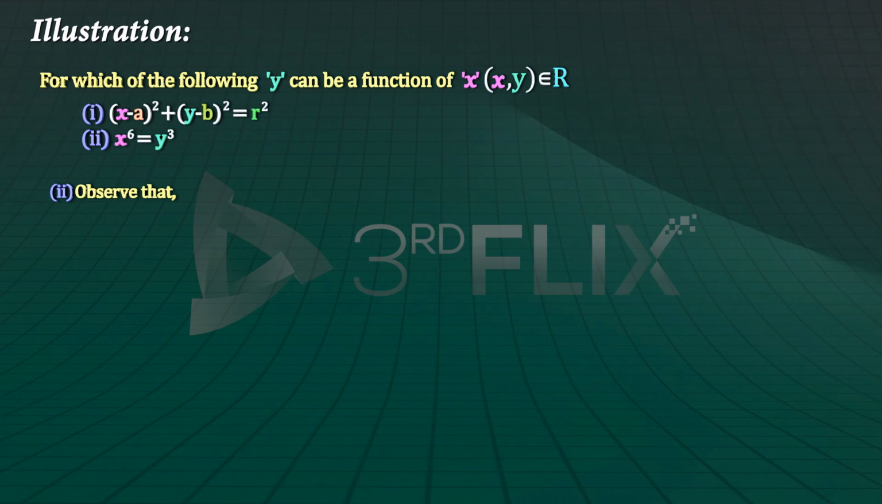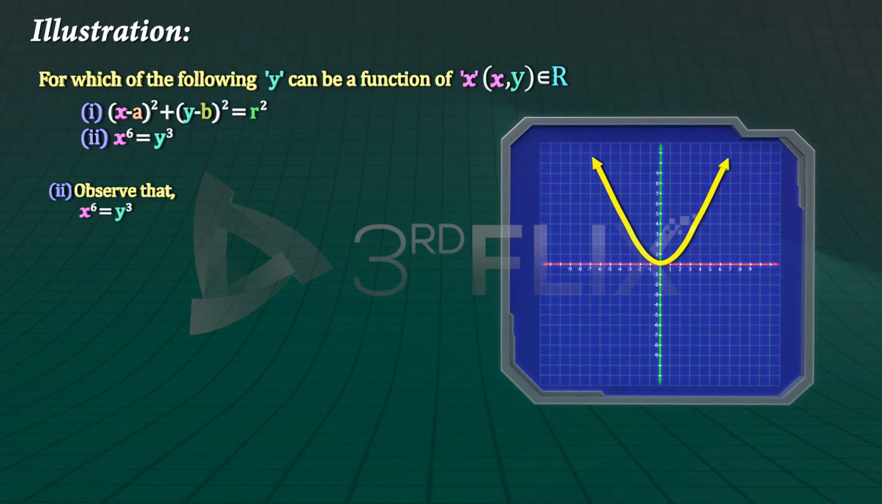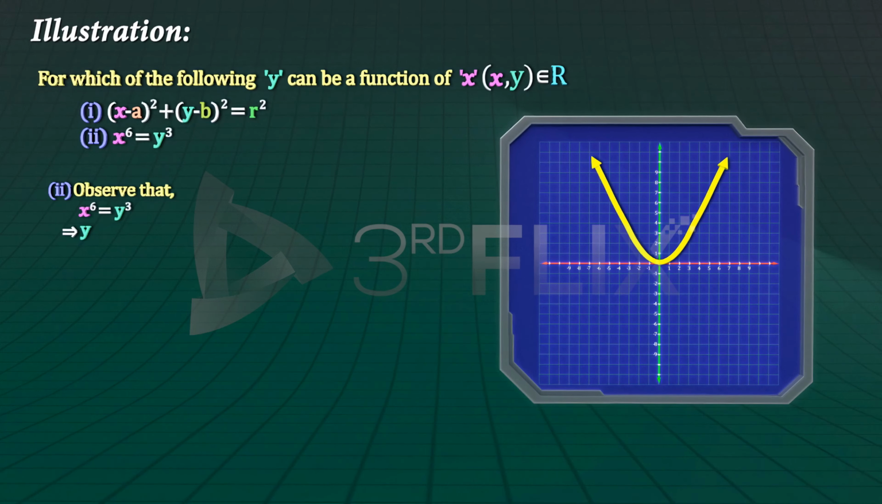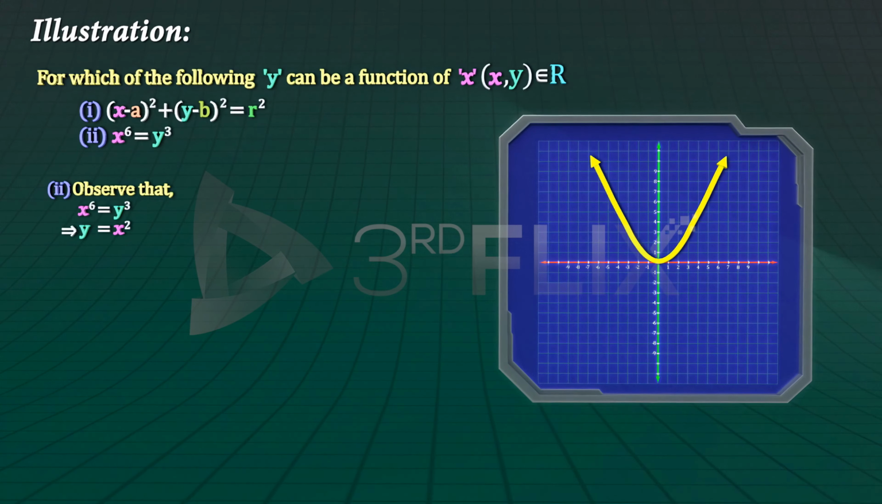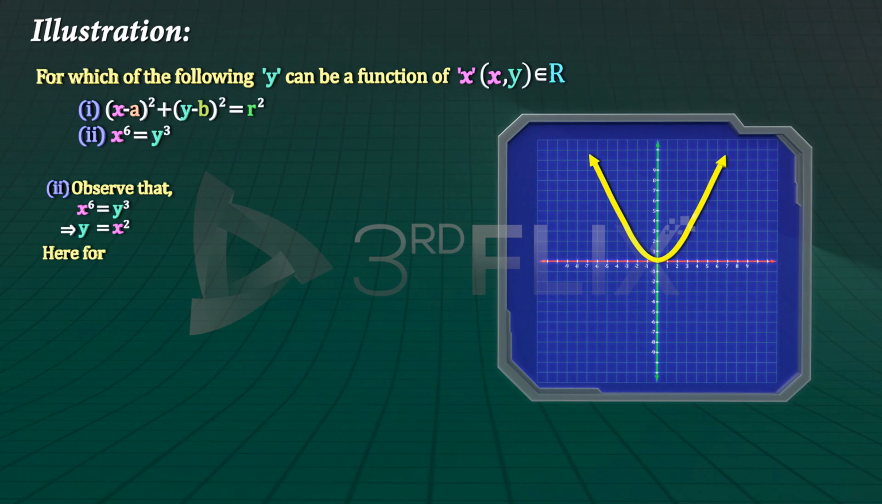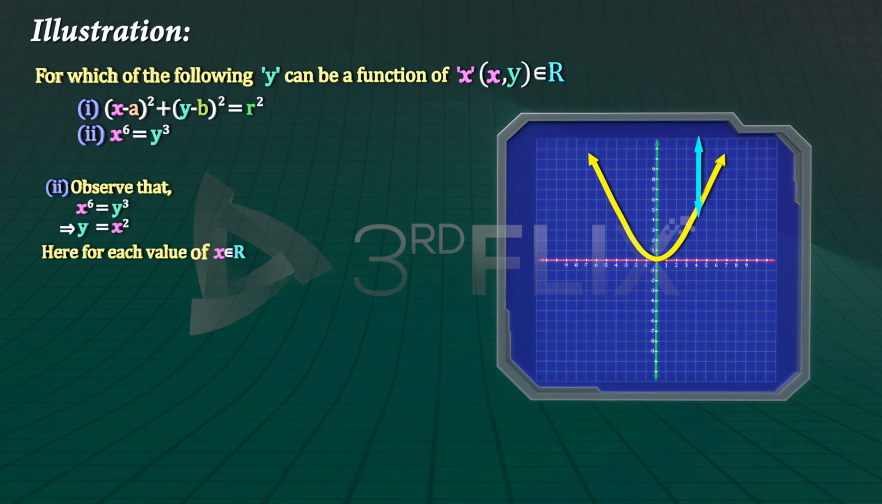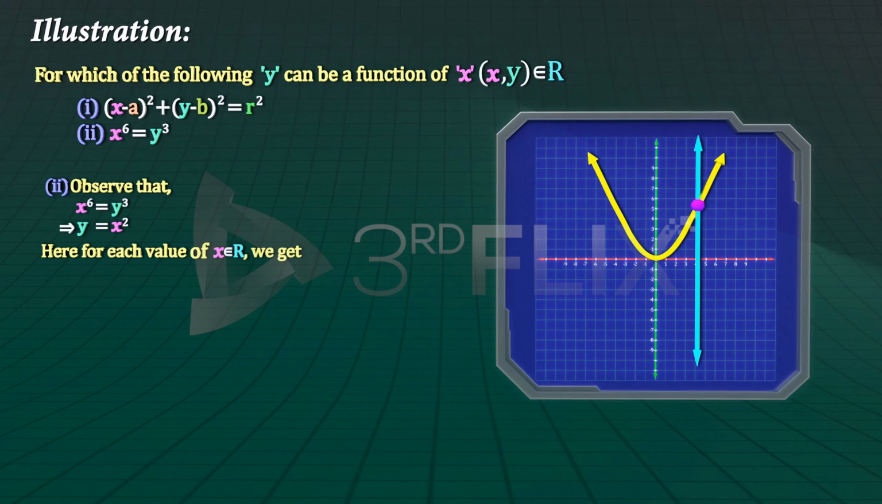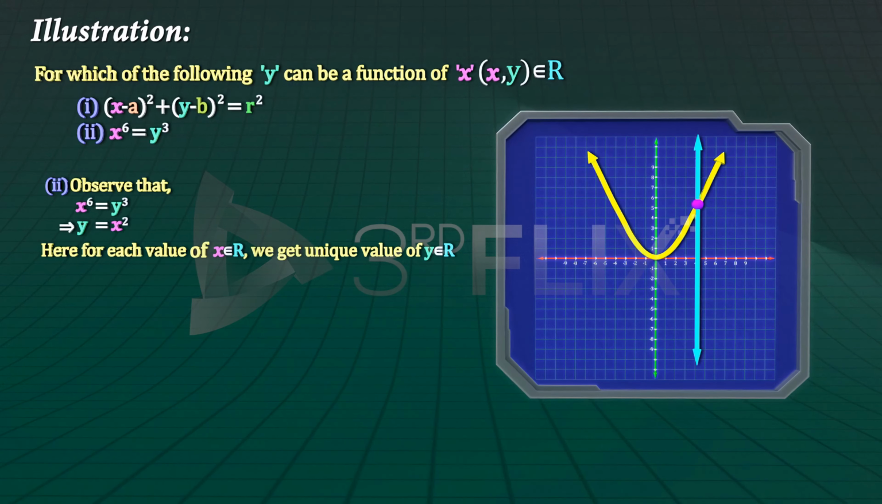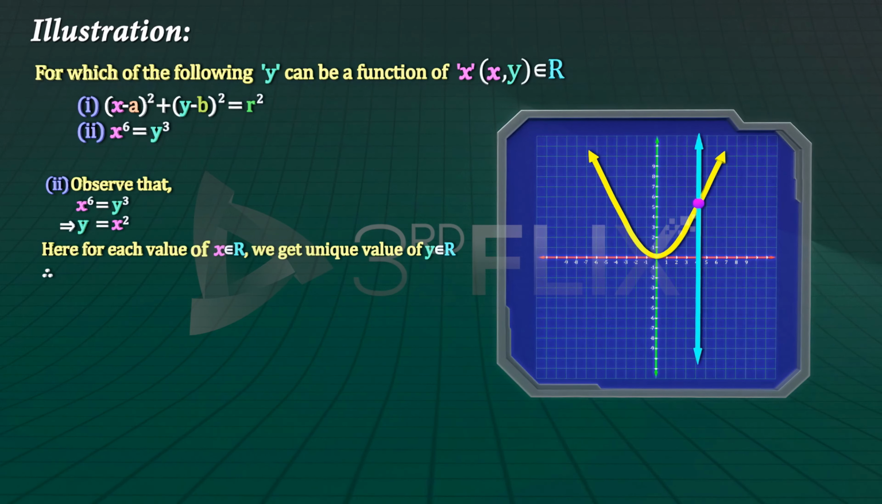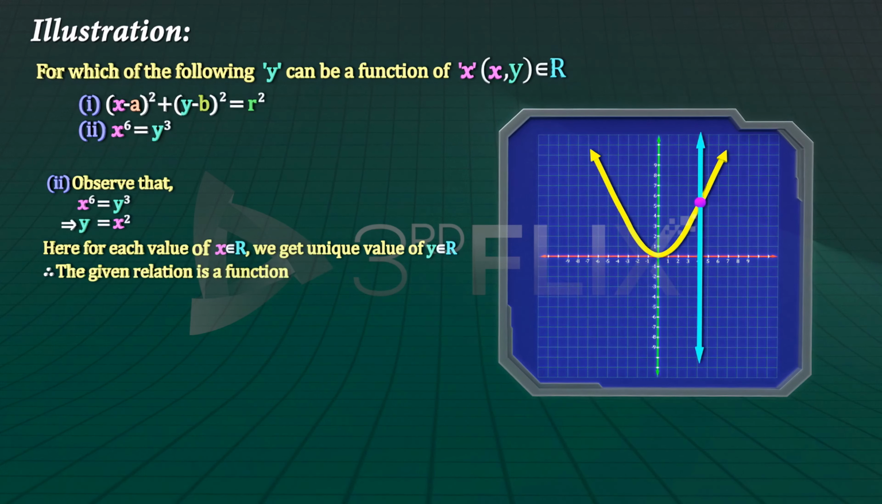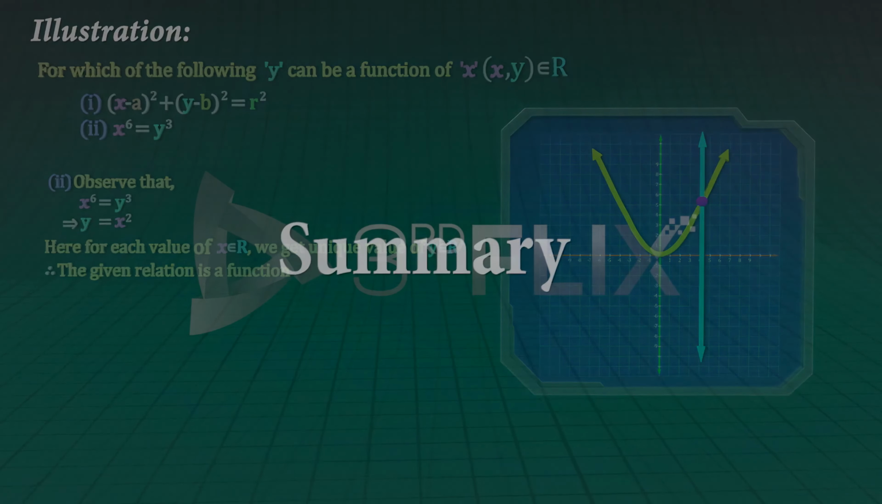2. Observe that x to the power 6 equals y cubed implies y equals x squared. Here, for each value of x belonging to R, we get a unique value of y belonging to R. Therefore, the given relation is a function. Summary: